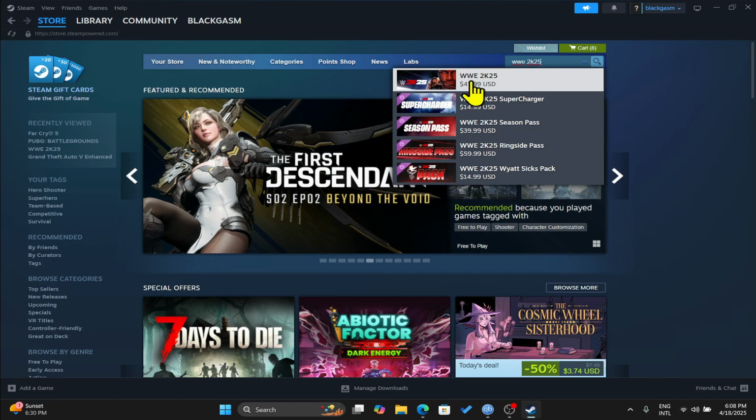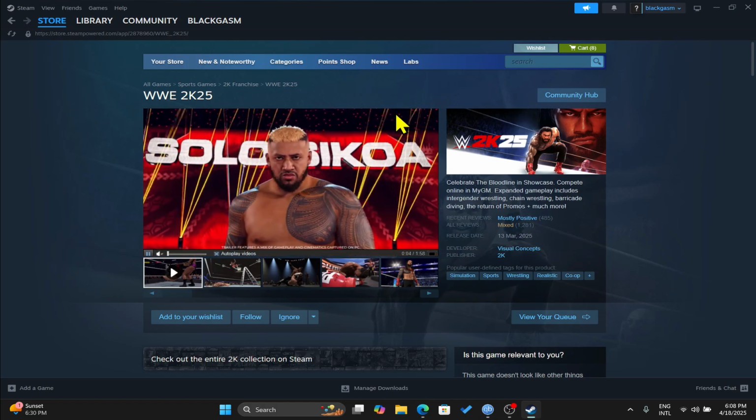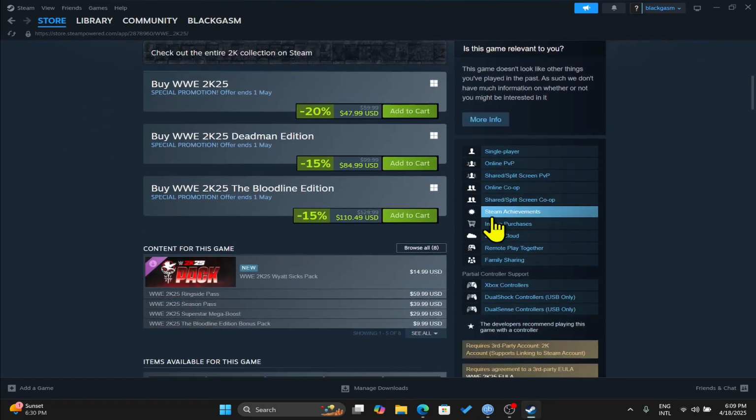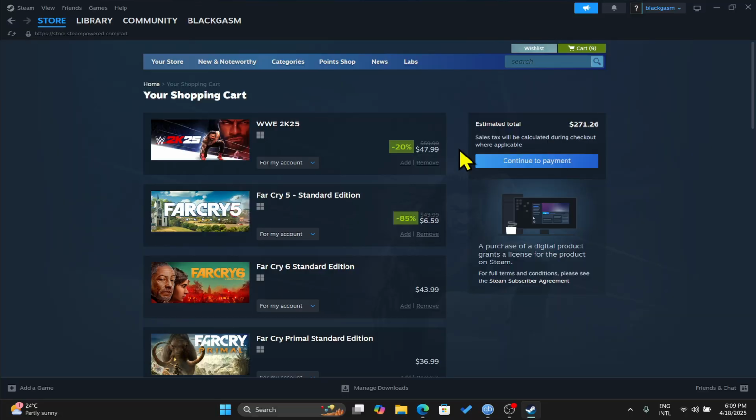Once you find the game, just click on it and you will now be taken into the game's detail page. You can watch the trailer as well as check the reviews, and then you can scroll down and you will see the Add to Cart button. There are various different editions of the game, so just click on Add to Cart alongside the version that you wish to buy. Once you click on this button, just click on View My Cart to proceed to your payment